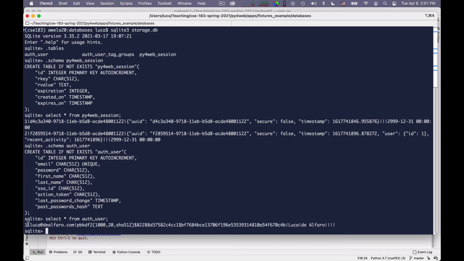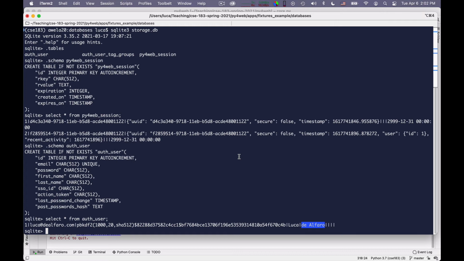There is one user only. The email is luca@derfaro.com. This is my encrypted password, first name, and this is the last name, and the rest of the information is blank. Okay, so you can go examine what is going on in the database.